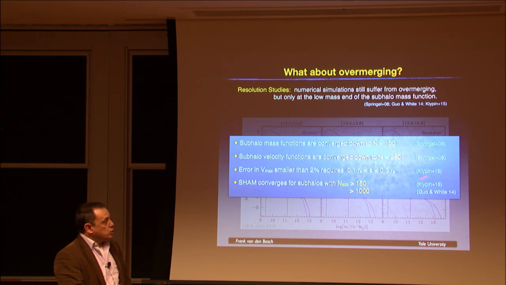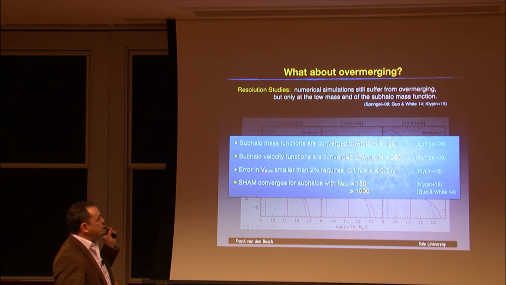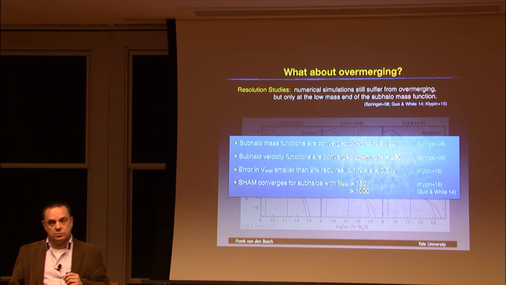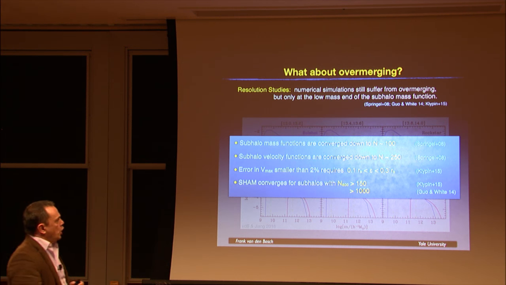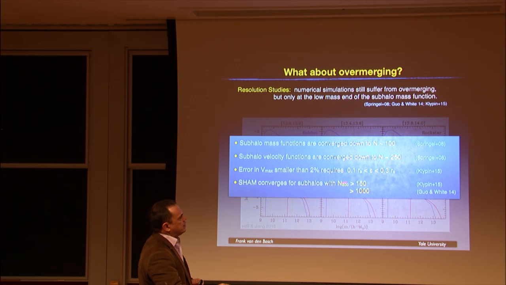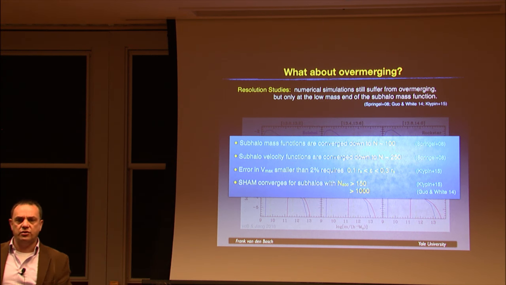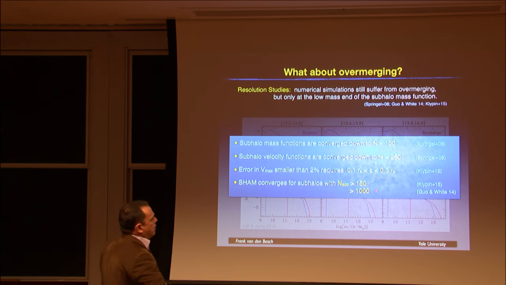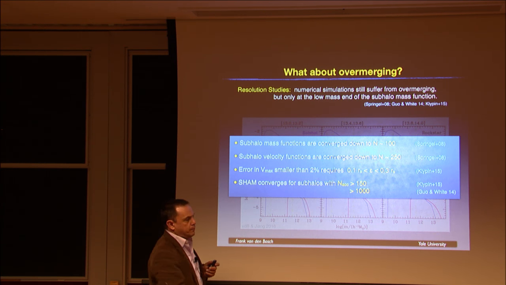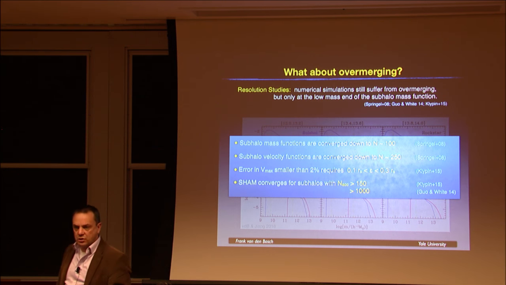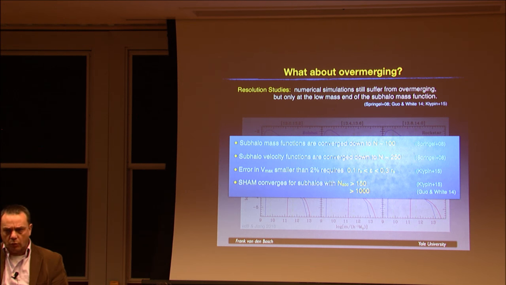Only last year, Anatoly Klypin wrote a paper saying that if you want to have the error in the maximum circular velocity less than 2%, then you need to tune your softening length to this particular range. He said if your softening length is larger than 0.3 rs, your halo becomes too fluffy and you can't measure Vmax properly anymore. But he argued, don't make it much smaller than 0.1 rs, because then you get two-body relaxation effects. You want to avoid that. I'll talk more about softening later.